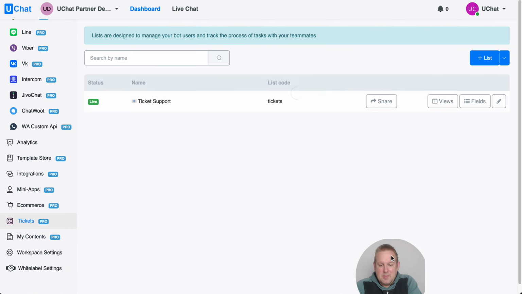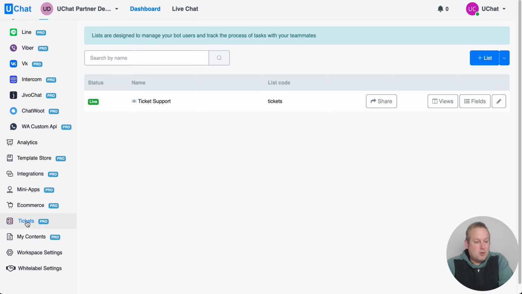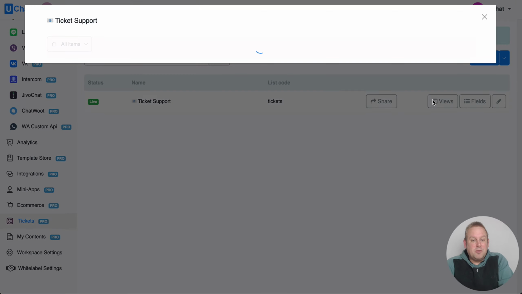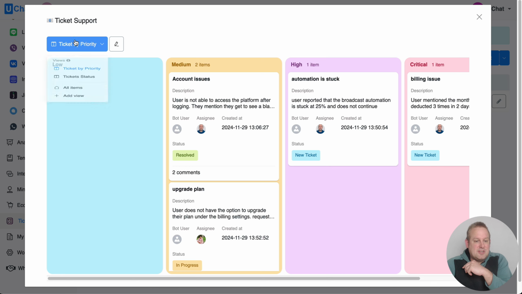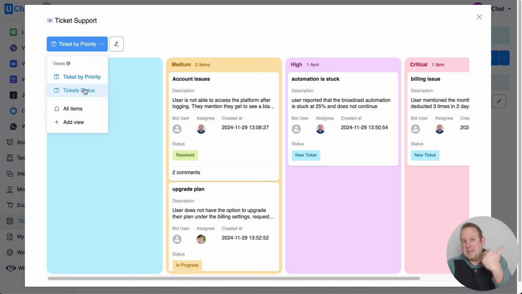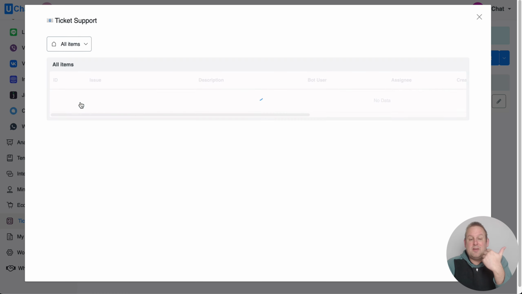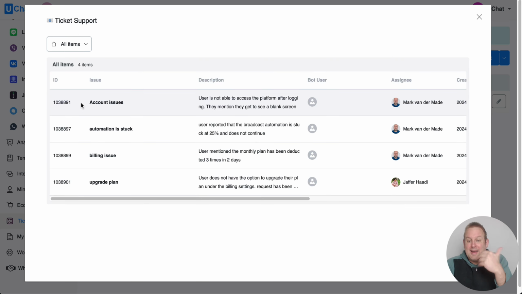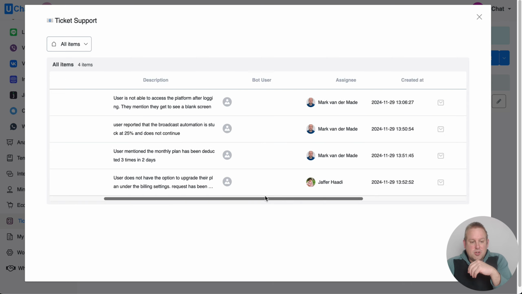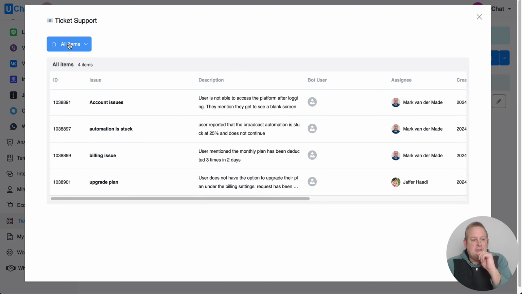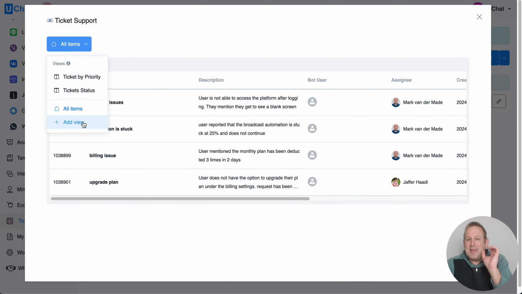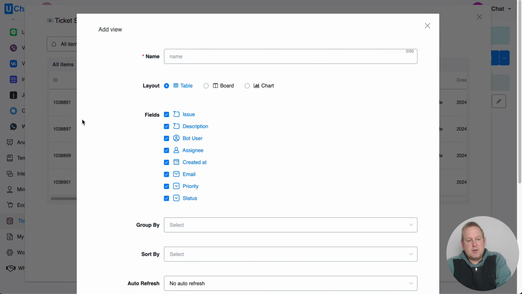We can then, let me get myself out of the way, we can go towards tickets again. And from the views, you can see that we set up those two, right? So we have ticket by priority, ticket status, and then we also have the all items overview, as you can see here. Now, by adding a new view, so let's say